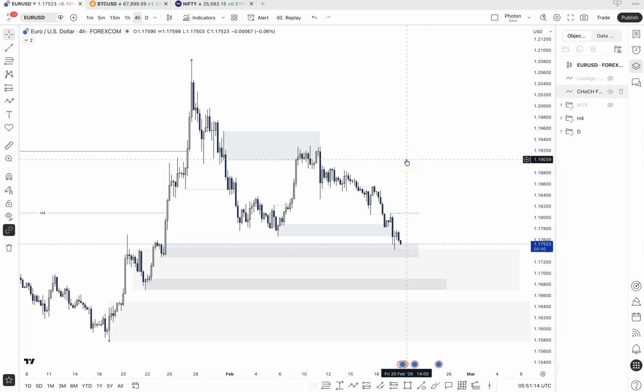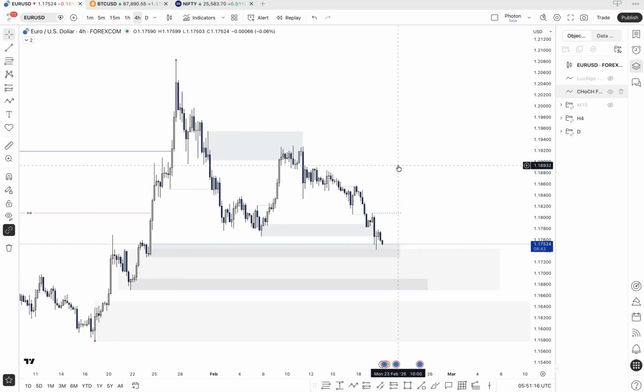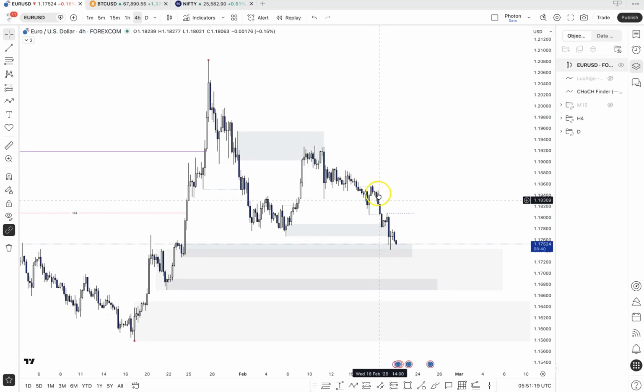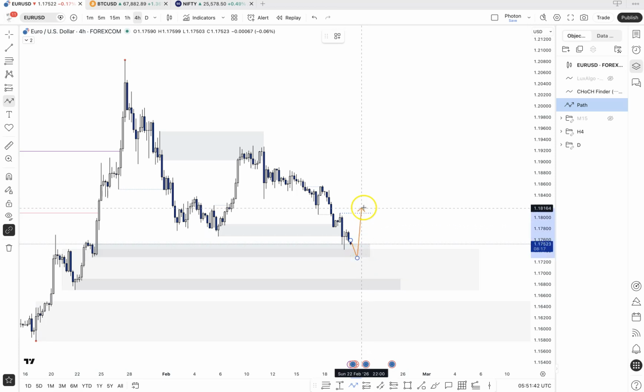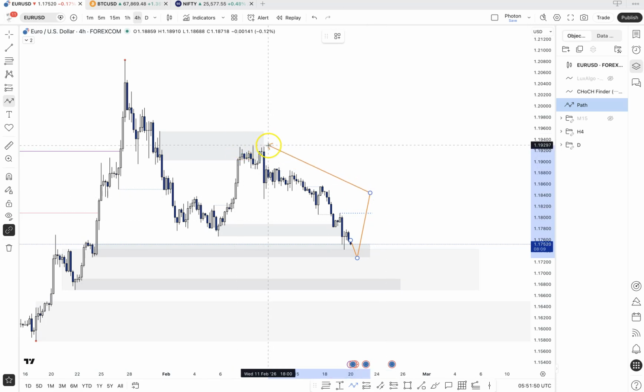What I would be interested in would now be, I really don't want to play the shorts, because I think we've had a reasonably deep pullback, and I would expect the price to now reverse. When will I be interested? Well, as a bare minimum, I would like to see if we take out this high, which is a change of character. So maybe we pull down a little more, and once we take this out, yes, I would be interested, but I would be more interested if we take out the internal highs.